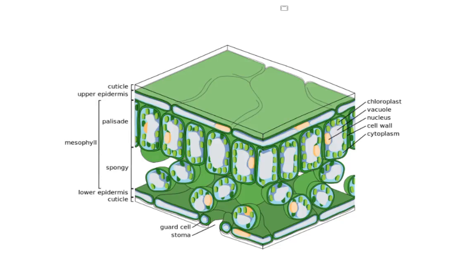Now let's talk about the epidermis. I suggest that you pause the video and study the diagram, the illustration that you're seeing on your screen. The epidermis is the outermost layer of the leaf. It contains various cells. In the epidermis, you'd find the stomata. It regulates gas exchange. If you want to know more about the stoma, you can refer to our video on